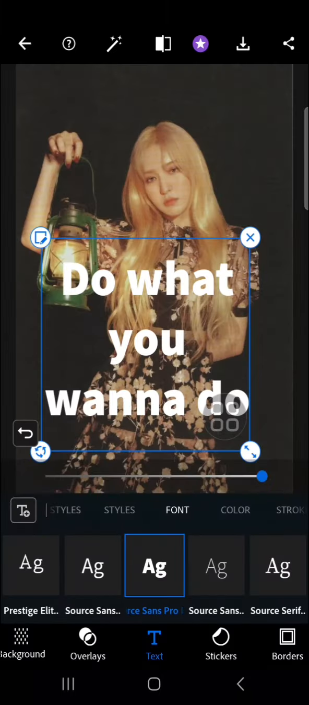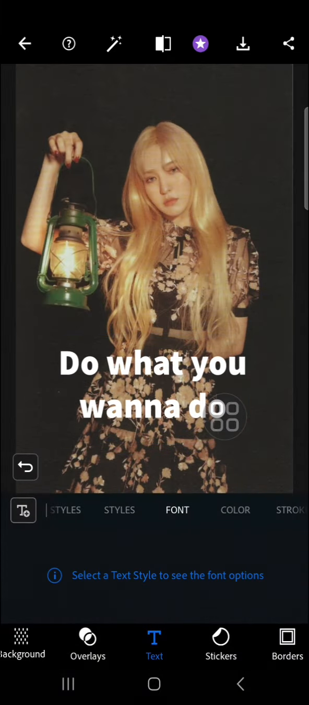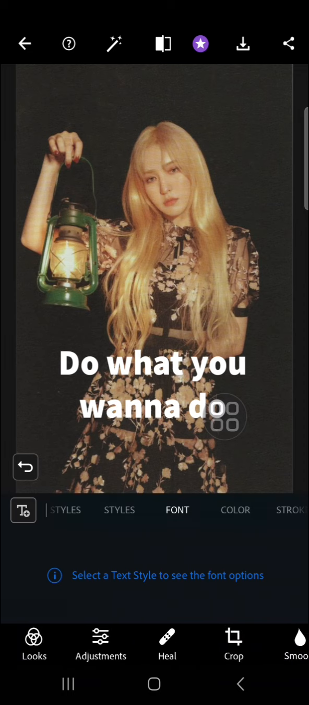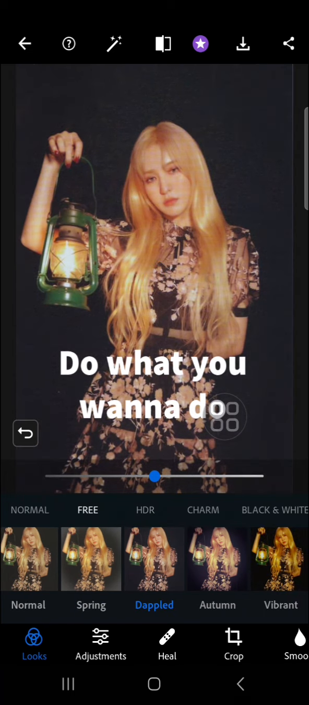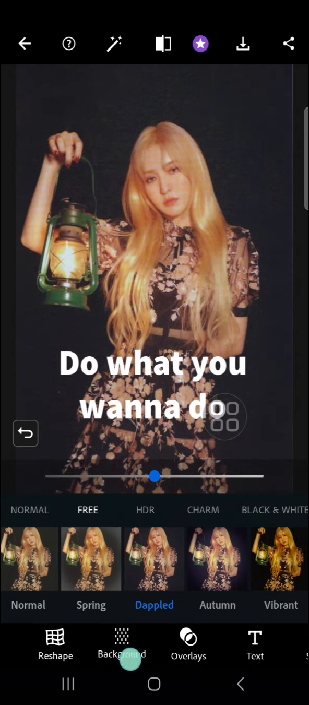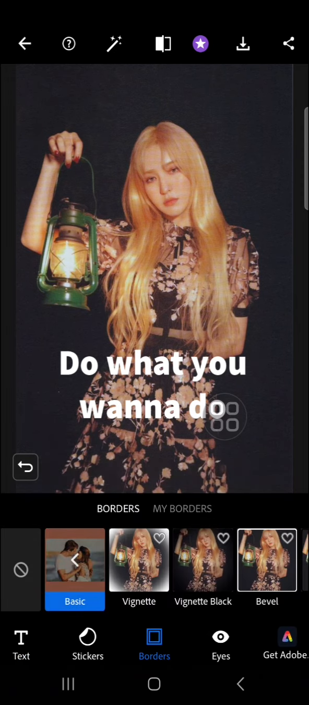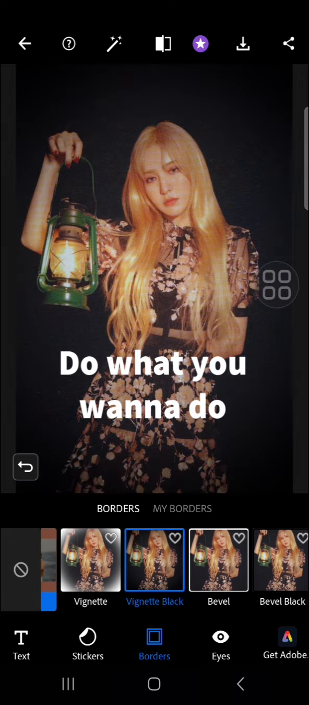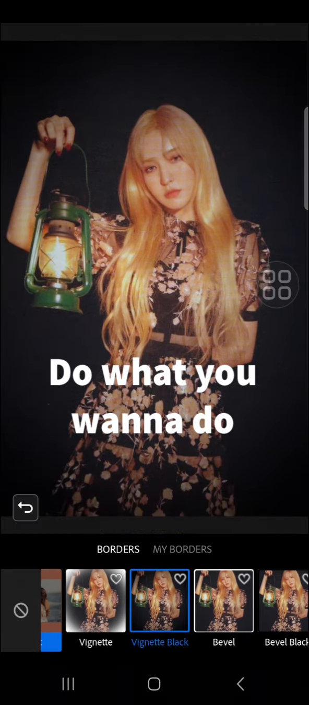Wait guys. Okay, and after that, I'm going to add filter to this photo or poster. I'm gonna go to the looks and I'm going to select maybe this one, guys. And I'm going to add the border as well. We can go to border and choose the border that you want to apply to your poster. Okay, and I'm going to select this one, guys, and then I'm just going to go back, and this is